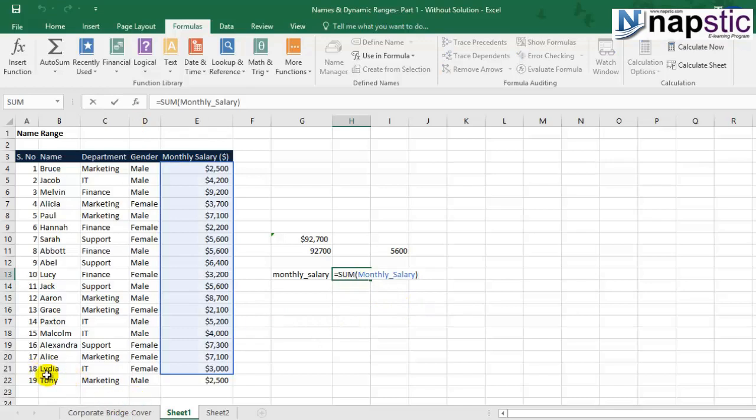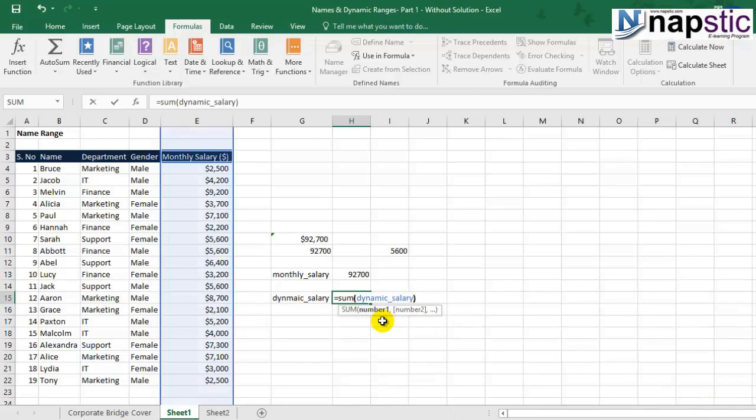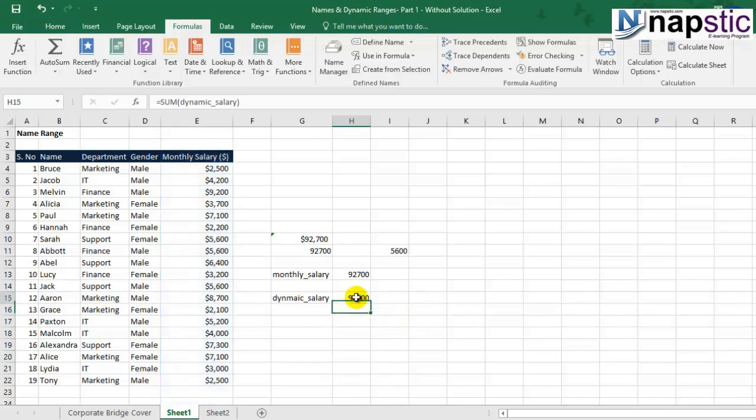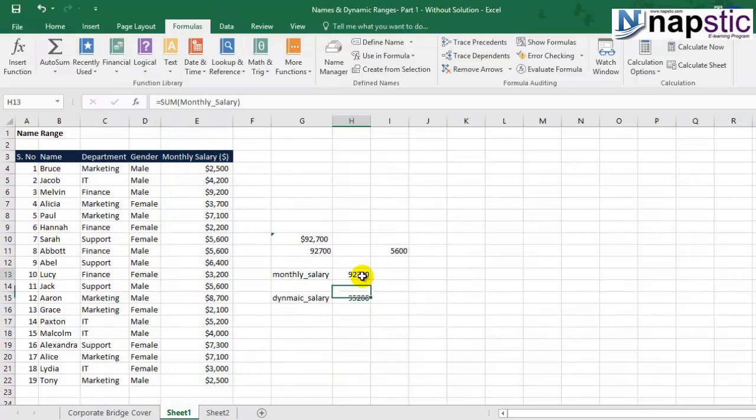It is not considering Tony. Hence we created the dynamic_salary. Let's try out equal to SUM. We select the name of the range that we just gave, dynamic salary, and hit enter. Now if you check the monthly salary and dynamic salary, the dynamic salary includes Tony as well, whereas the monthly salary does not.